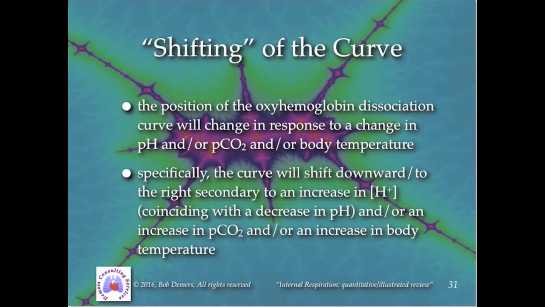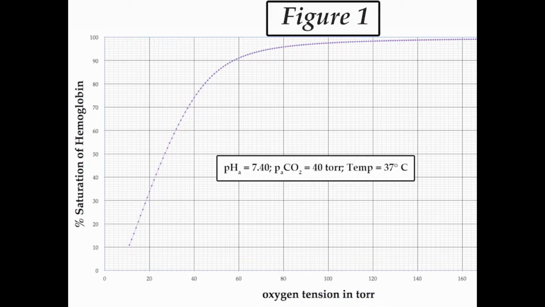Next, the direction of the shift in the oxyhemoglobin dissociation curve, or OHDC, that spontaneously occurs secondary to changes in hydrogen ion concentration, carbon dioxide tension, or patient temperature, either singly or in combination, is described. A mathematical model of gas exchange is developed and applied next to calculate the percent saturation of hemoglobin precisely and